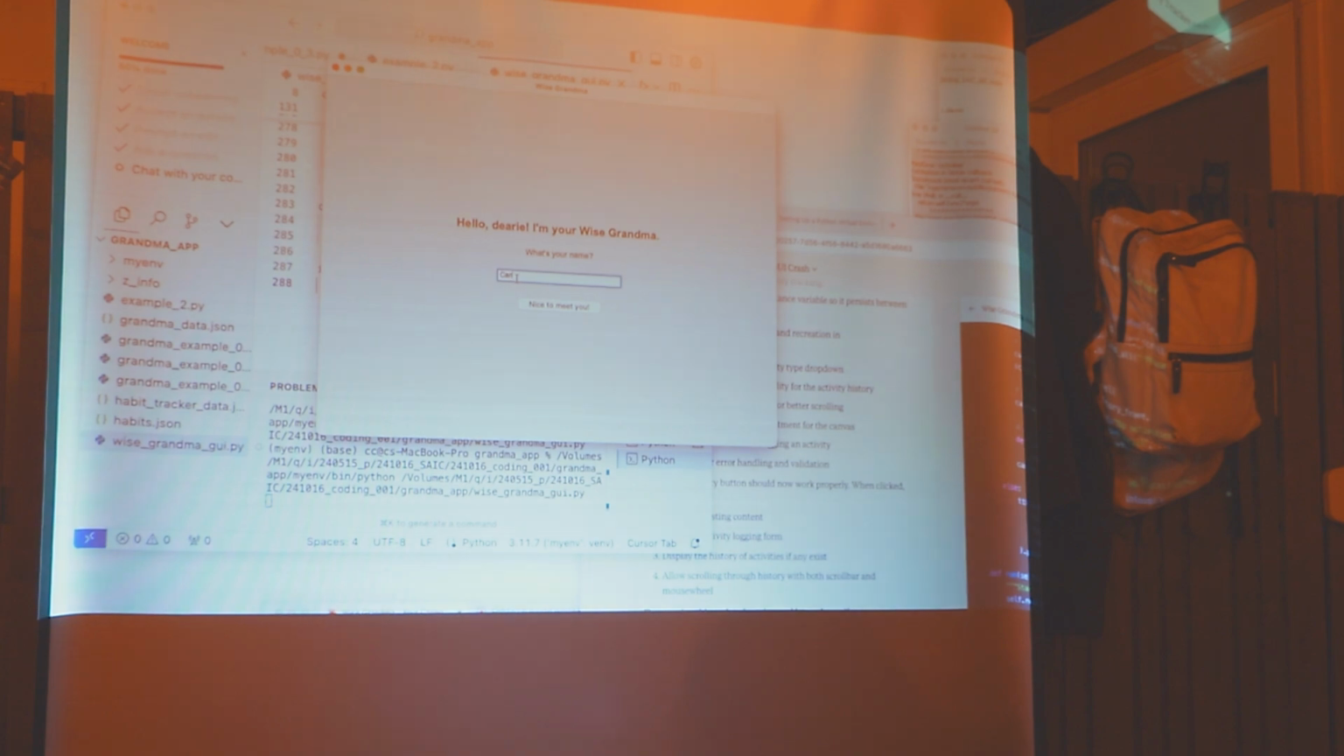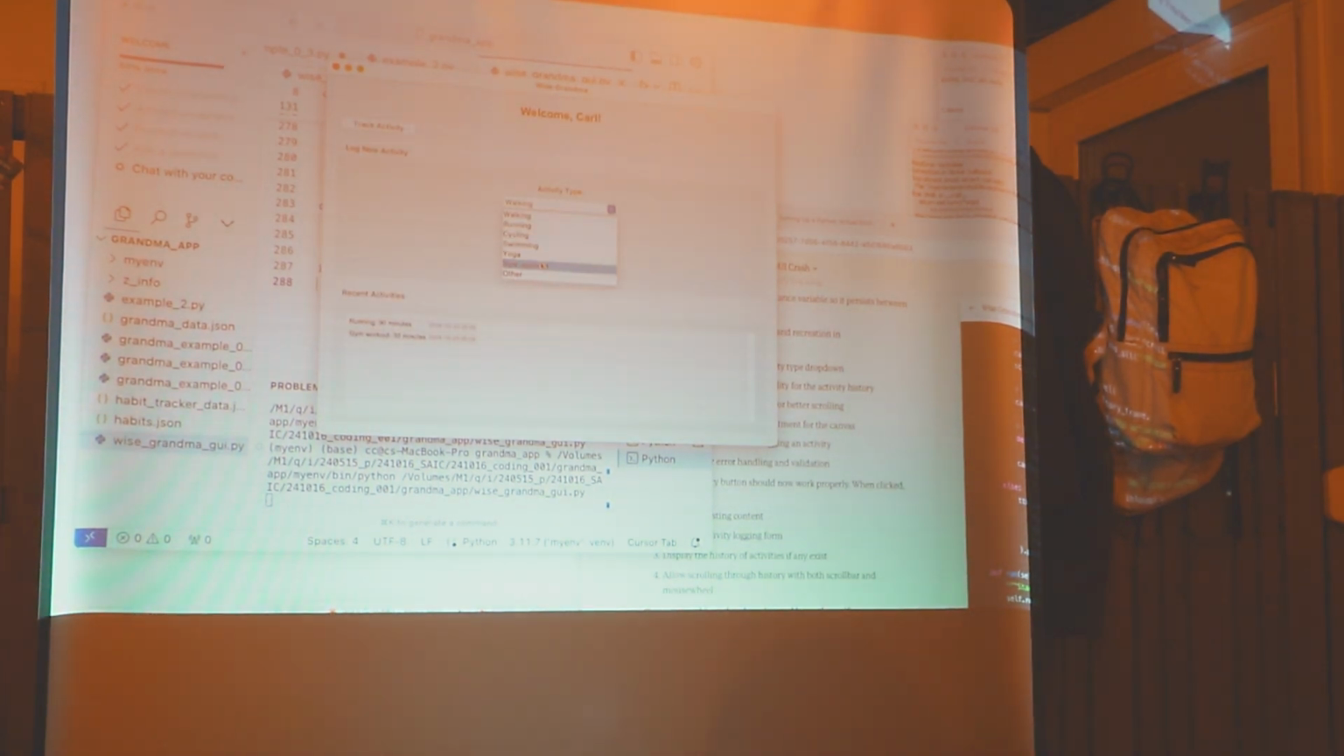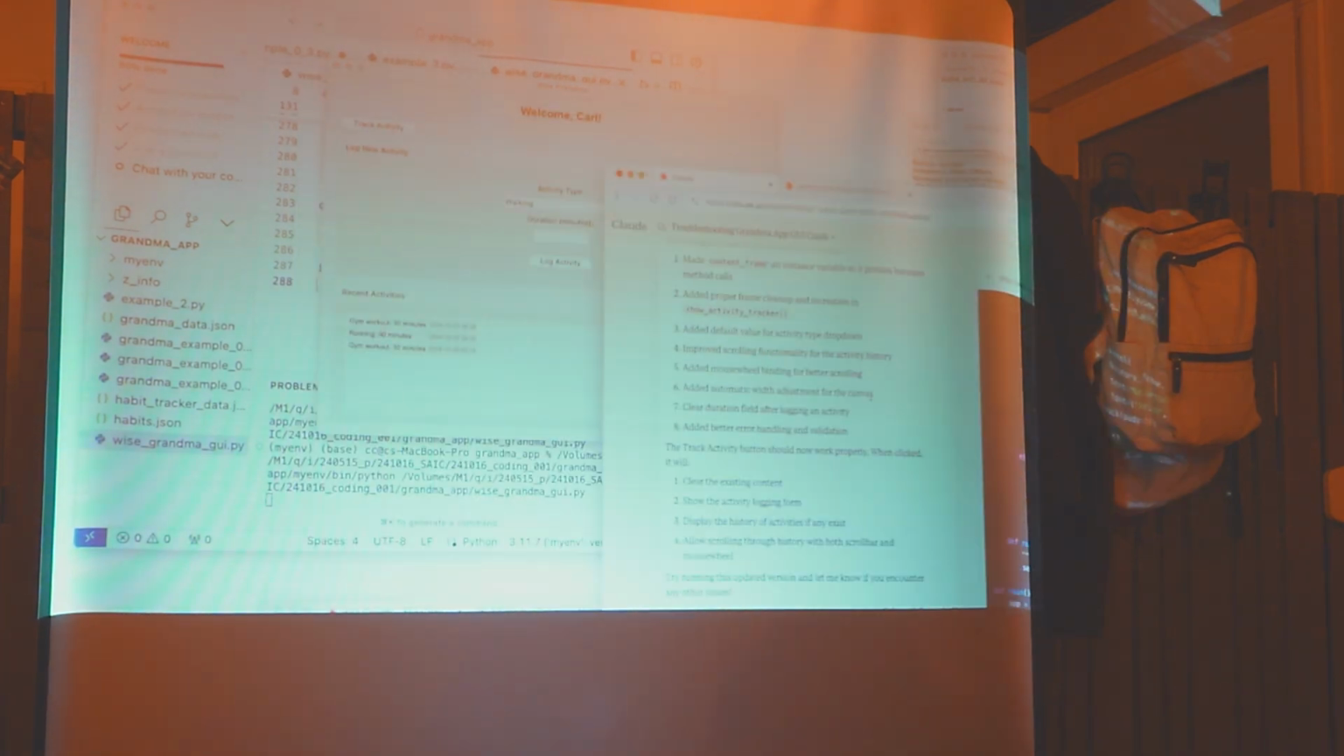So I'm also going to ask why sometimes it's not working so well. 30 minutes of workout, log activity. Oh, and it kept the previous activity, very good. So let's see, track activity, nope, still nothing. So I think the message it gave was that